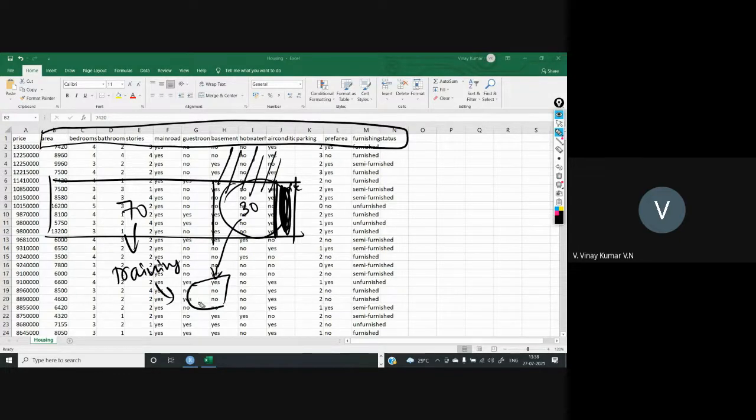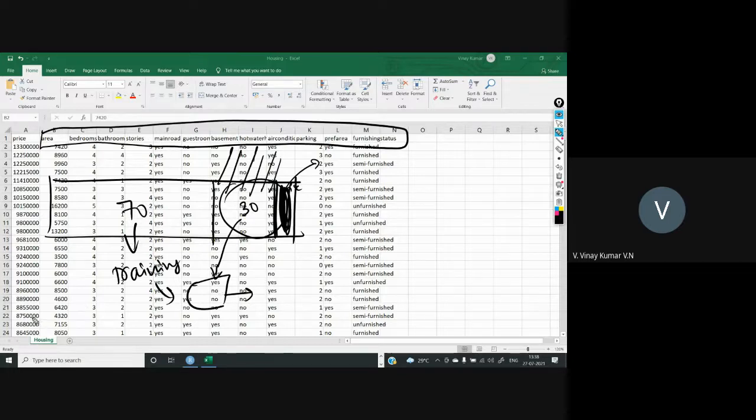I built one model, right? So for that model, I will remove the output. I'll just store this output somewhere and remove it, and the remaining column names or features I will give as an input to this trained model. So that for each record, it will generate one prediction value.